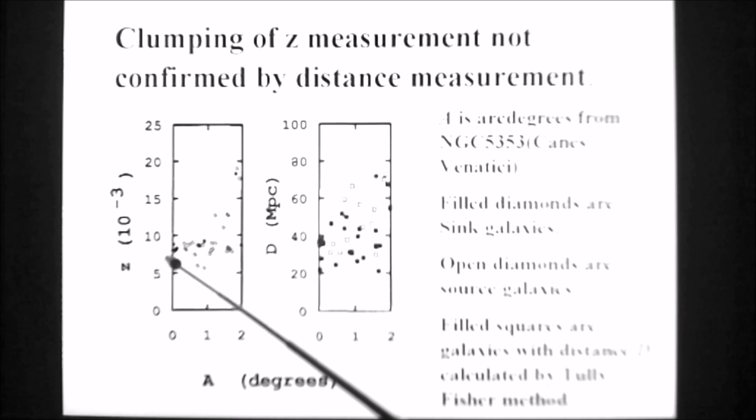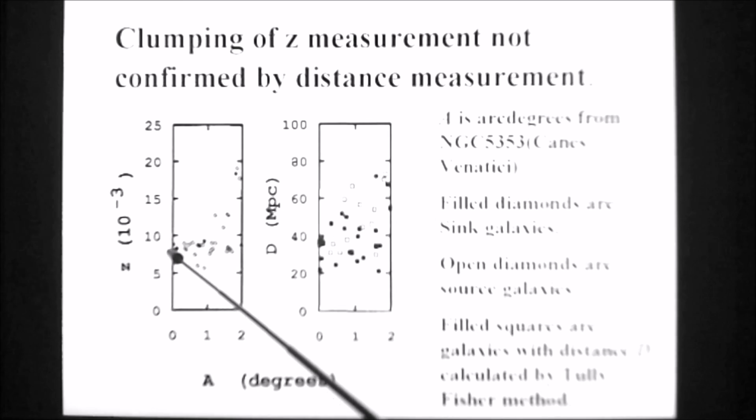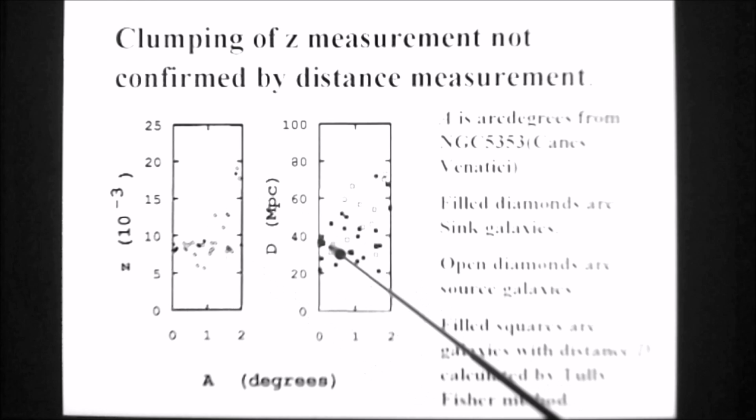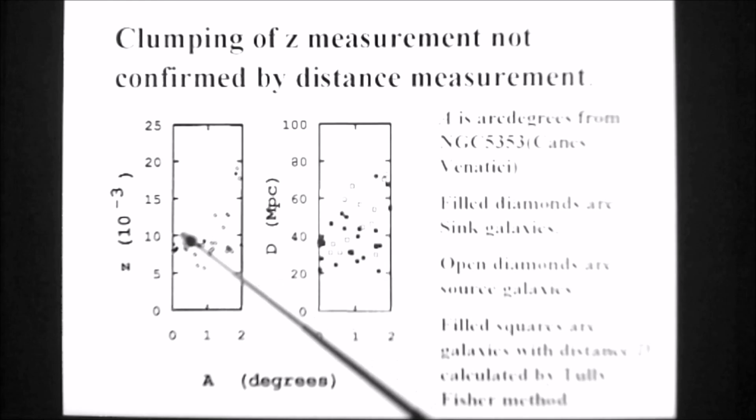Now, you'll note over here we have a sink galaxy and a couple others more or less here. And the other galaxies seem to be pretty much on a line at a constant z from us. This is not confirmed by the distance measurements. So those galaxies